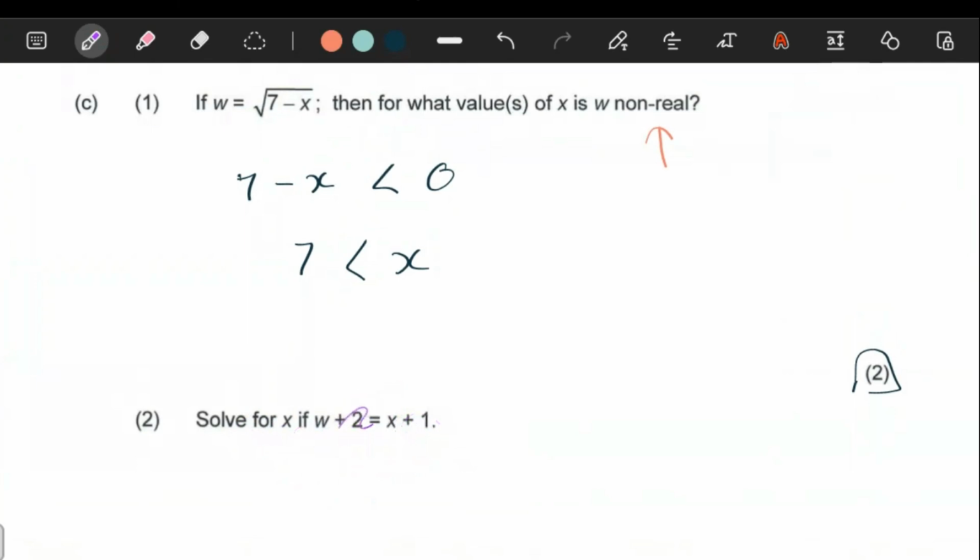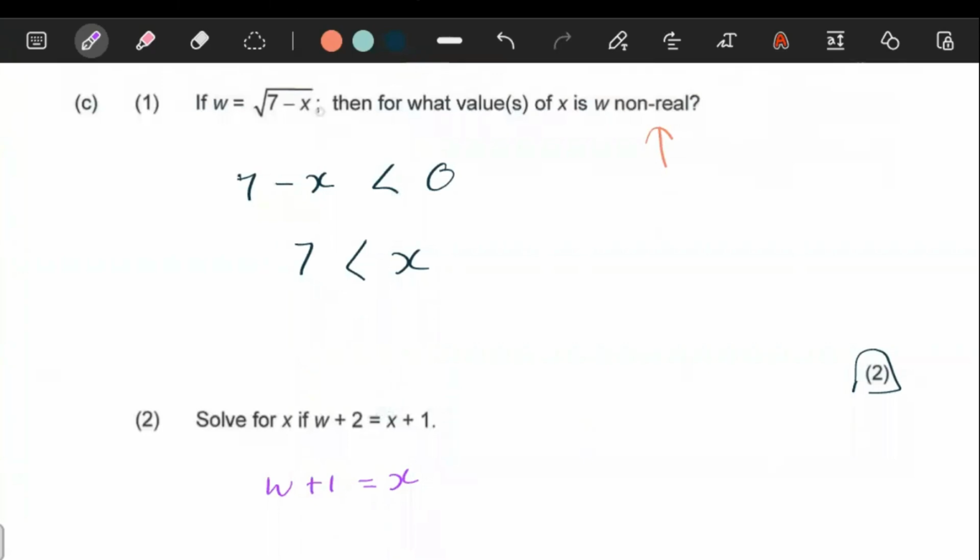The 1 can go over to the other side. It's going to be 2 minus 1. You have w plus 1 here, right, equal to x. Now, if you're going to solve for x, the idea is you will be asking yourself, but what value of w are you going to choose? So the funny thing here is,